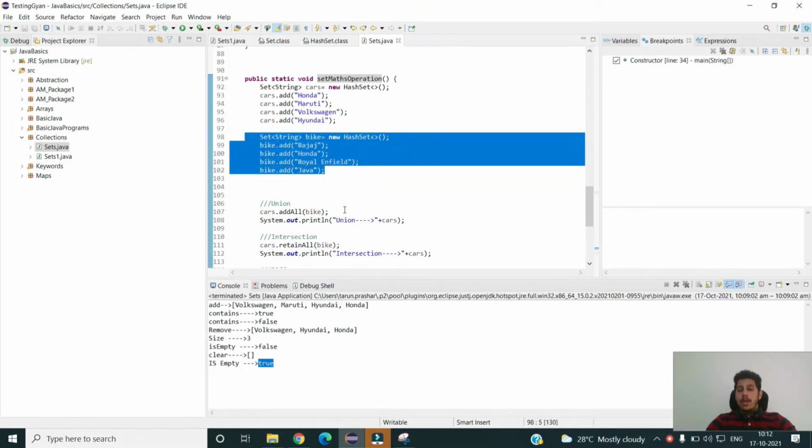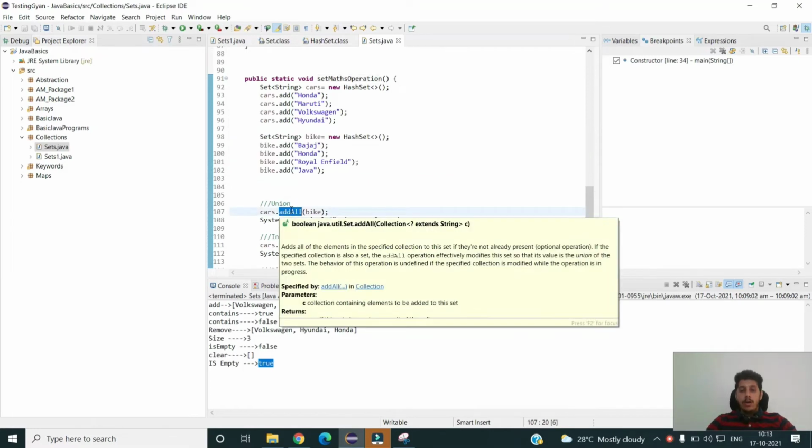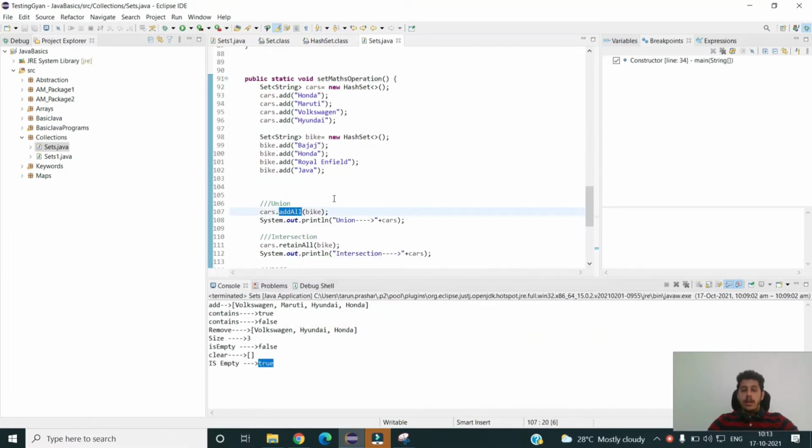In order to perform the union operation, we have a method called addAll. addAll will return all the elements which are there in cars, and then it will also include the elements which are there in bike, but it will not enter the elements which are common in car and bike from the bike set. The cars element will be included there, that is, common elements will be repeated only once. So if I run this code now,